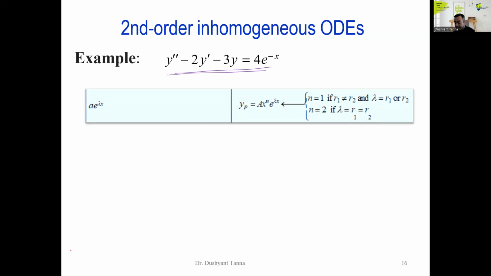So it's second order, inhomogeneous. Obviously, we'll talk about linear ODEs, so that's fine. But the right-hand side is a particular function that can be formed from the set tables, A e raised to lambda X. Our lambda is minus 1, A is 4. A is fine. Constant A doesn't worry us, right? But we will use this choice of YP if your n is 1,